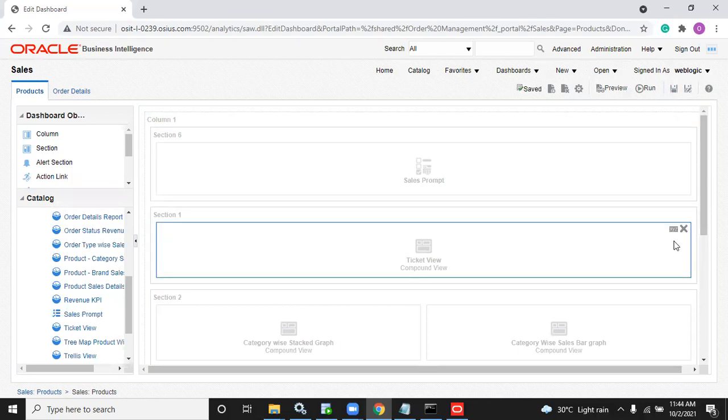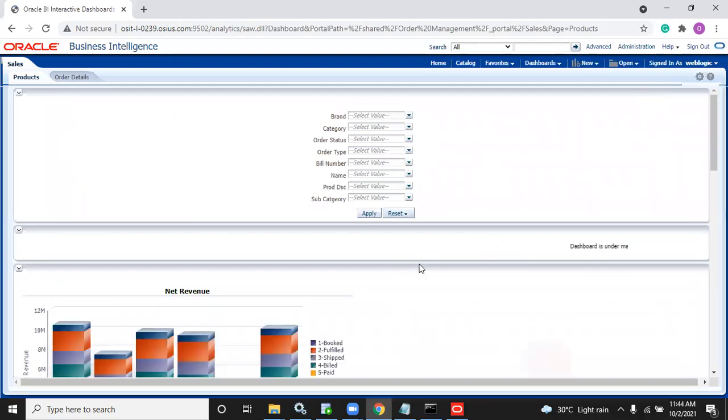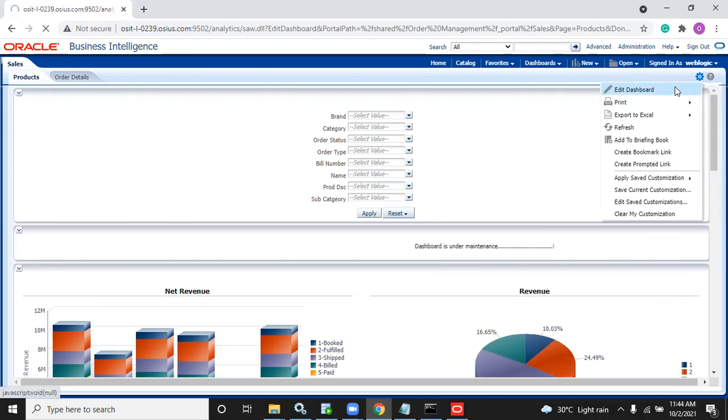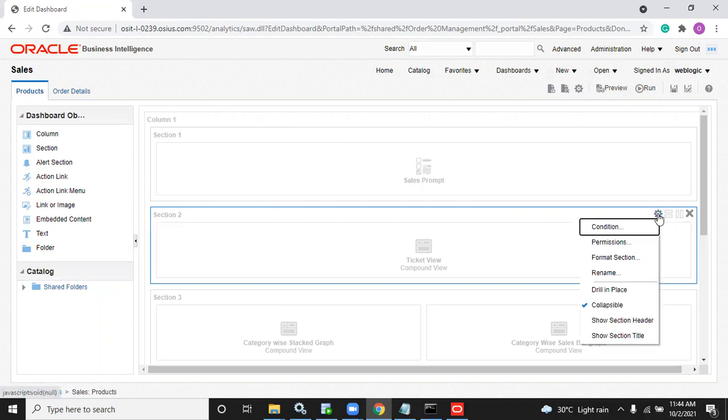And the ticker view, if you want, you can hide this. How to hide this ticker? I will show that also. Give me one second. I don't want this ticker to be displayed temporarily. I don't want to delete it, but I don't want to display it. So here you have a section option, format section.